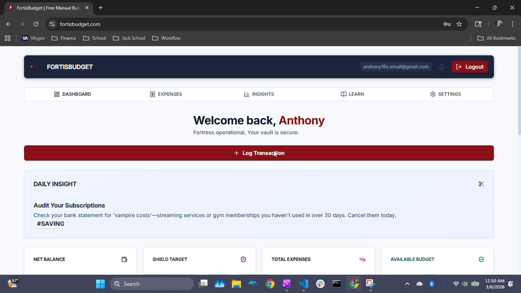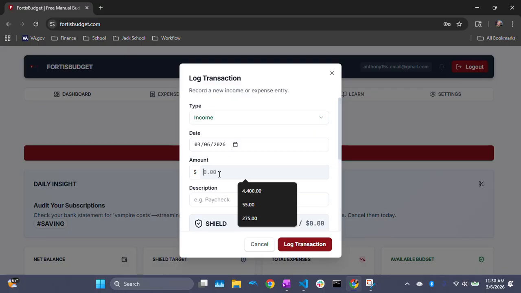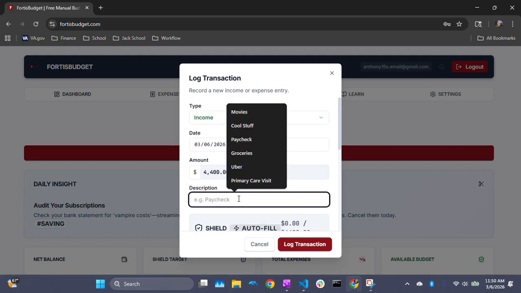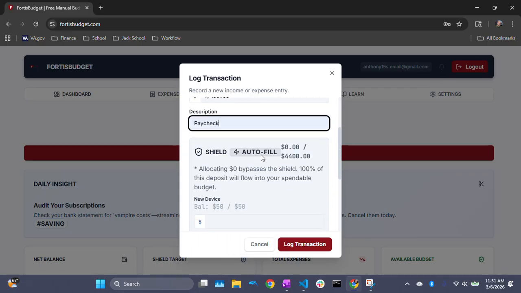So let's look at what happens when you get paid. When a user logs an income transaction, we don't just dump the money into a general pool. We're going to intercept it with our dynamic allocation engine. When I enter my paycheck amount and click this autofill button right here,